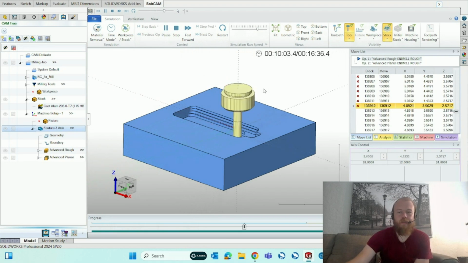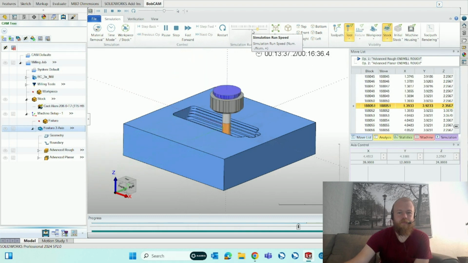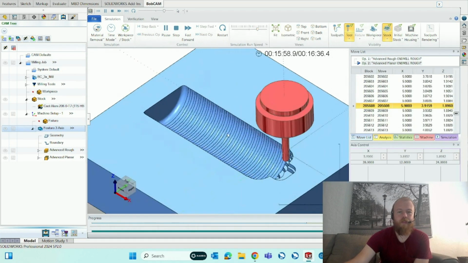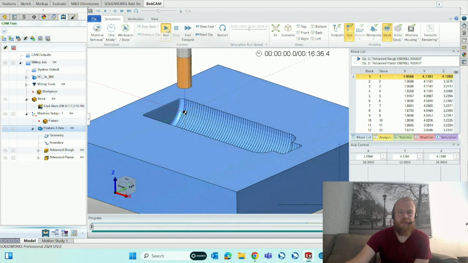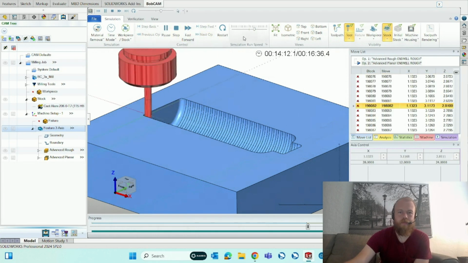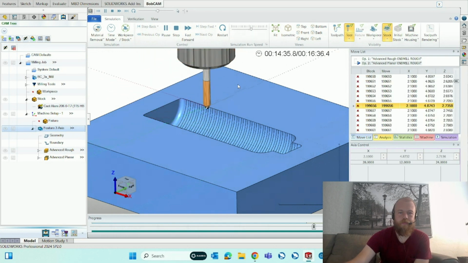All right, so we've got the roughing almost done. And the planar toolpath going back and forth across the surfaces here. If I wanted to see it again, I can just go to previous op, play through it a little bit slower here. So just going back and forth across the surfaces. Once that's done,